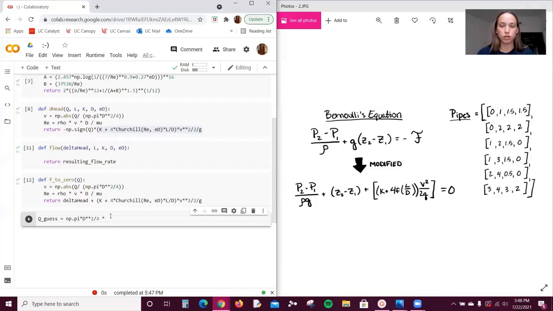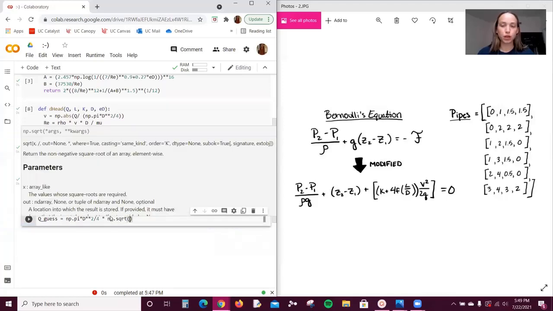Since it's velocity squared in there, it'll just be the square root of delta head over K plus 4, and then